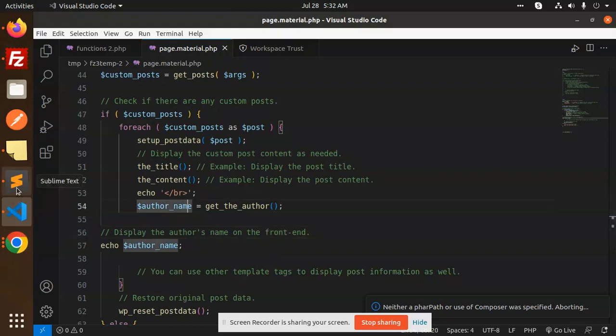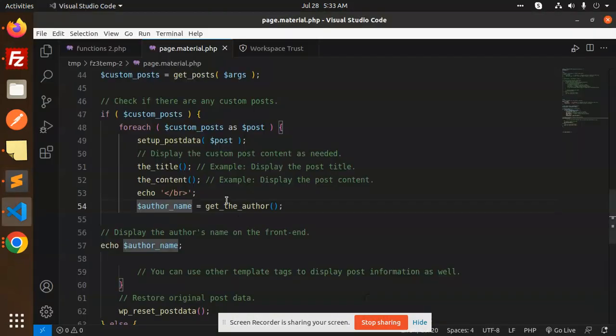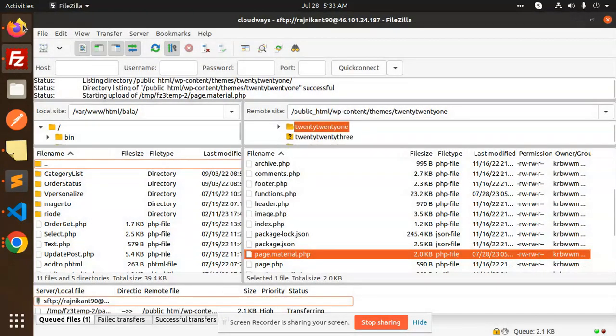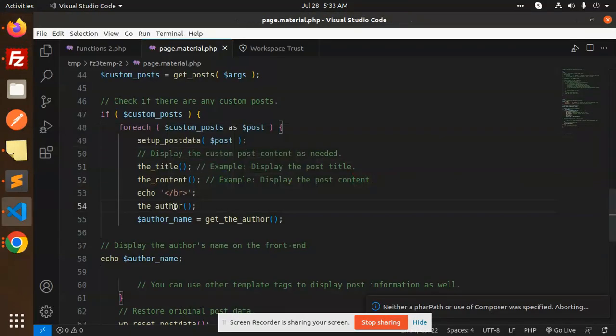Another method is also there, so we will look into that one also, using the author. You can also mention the author. So here we go with this one. Let's add this one, the author. Let's see. You can see that duplicates are there, so this way is also you can get the